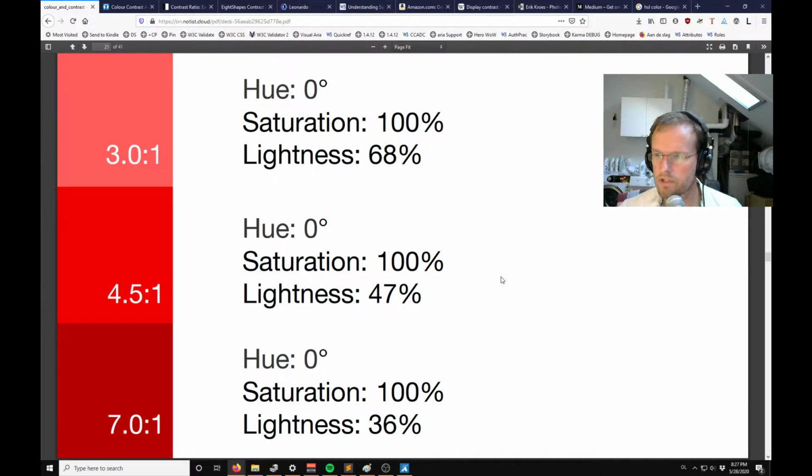So, for example, these are WCAG colors. I picked a 3.0 here, a 4.5 and a 7.0 because that's the AAA requirement. They have the same hue, they have the same saturation, but this is the change to lightness, and it doesn't feel intuitive. I had to go from 68% to 47 to 36, and these feel like random numbers already, but